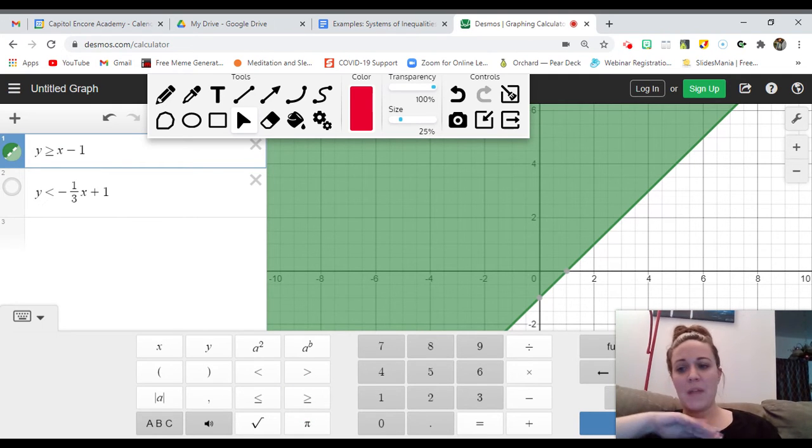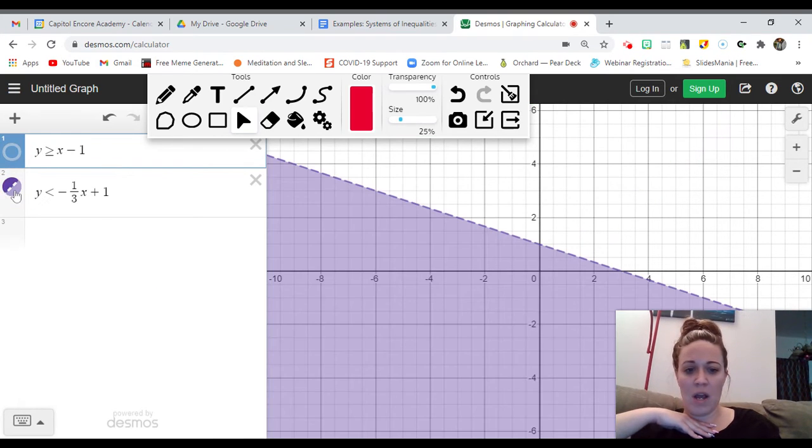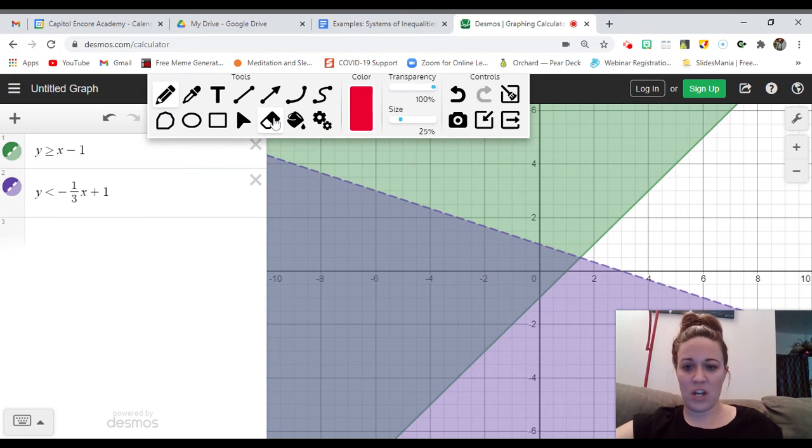Something that I noticed is the very first one has the solution shaded above the line, and the second one is shaded below. So let's go ahead and graph them together. Where is the part that they share their shading? The particular part that they share is located